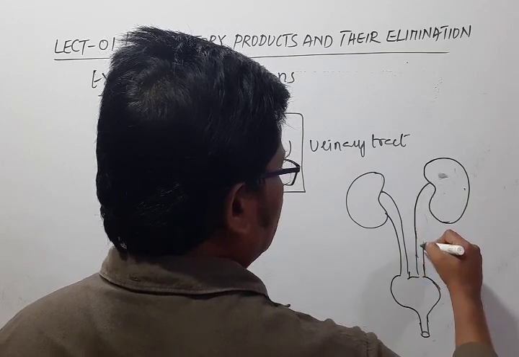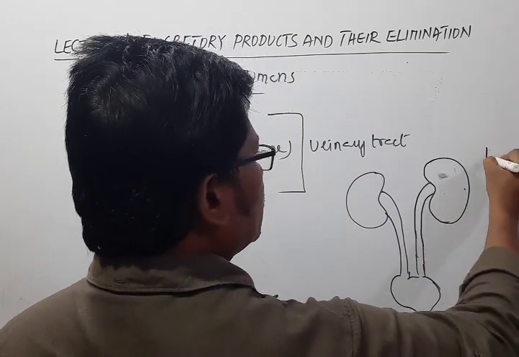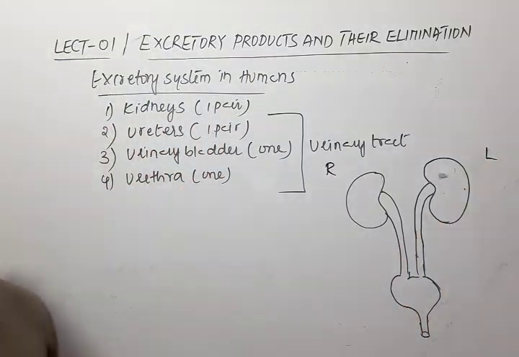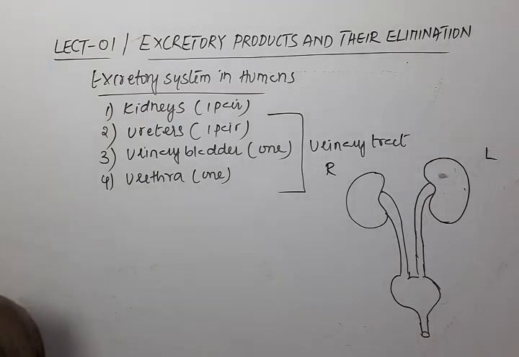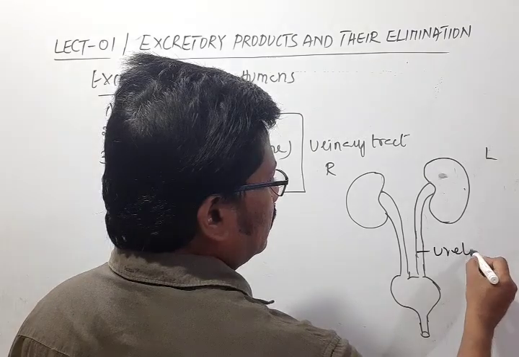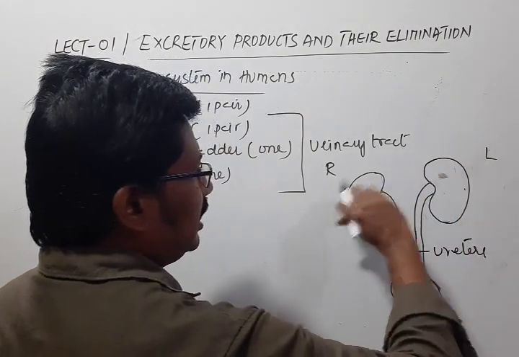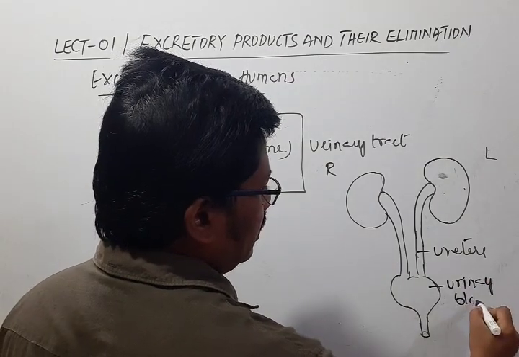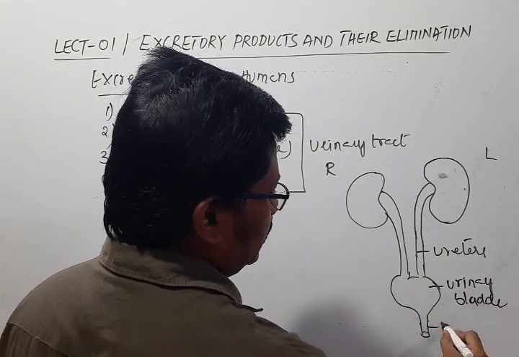So this is the left side and this is the right side. The left side kidney is slightly above when compared with the right side, or the right side kidney is lower than the left one, and it is because of the presence of the liver on the right side. So here are the ureters, the left and right kidneys, and this is the urinary bladder, and this is